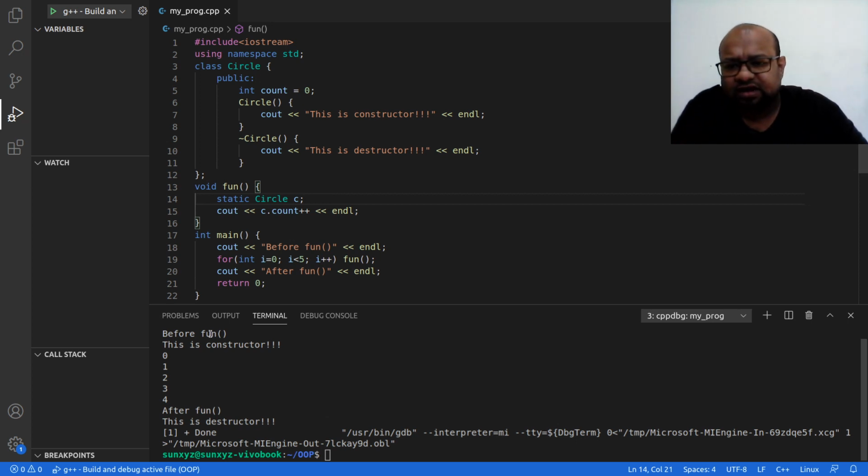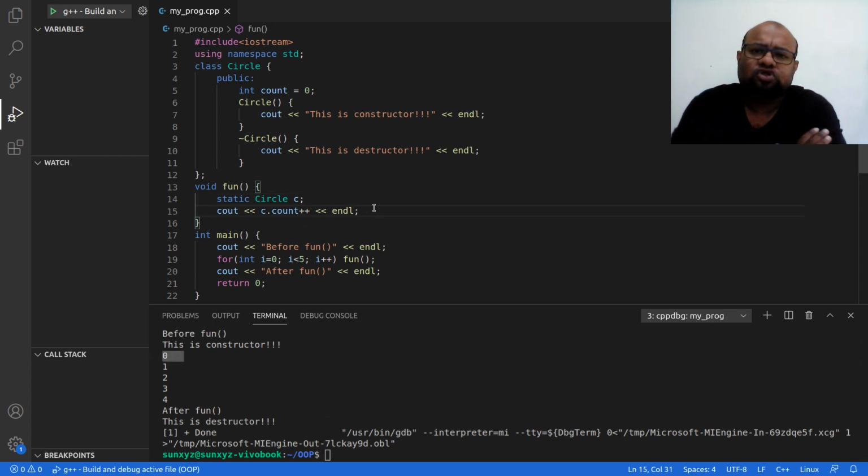So when I print it, I printed the previous value which was 0 before I incremented it, so I end up printing 0. Now I return from this function. Because this object is in the data segment, the change that I made is persistent. The change is going to stay. So the next time when I call this fun function, I print the value of count, I get the change that I made. The change was what? I incremented it from 0 to 1.